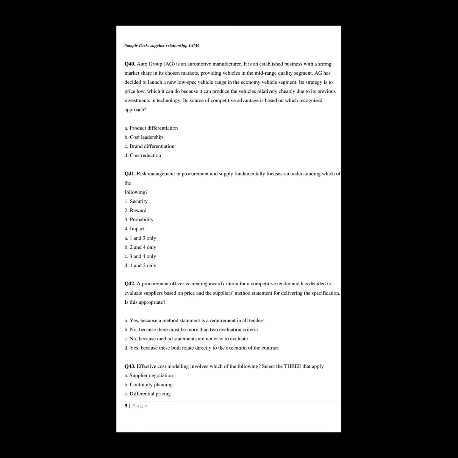This one is meant to test your understanding of the various strategies. We've done differentiation, we've done cost leadership, and this is meant to prove whether you understand them or not. I remember mentioning that with low country sourcing, effective negotiation, substitution, value analysis and value engineering, they are all meant to reduce your cost of production so that your prices will be low for customers. When you do that, you are doing cost leadership.